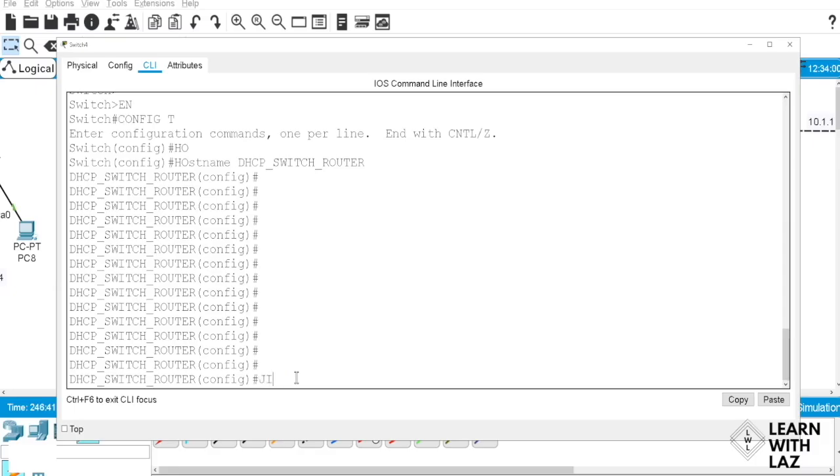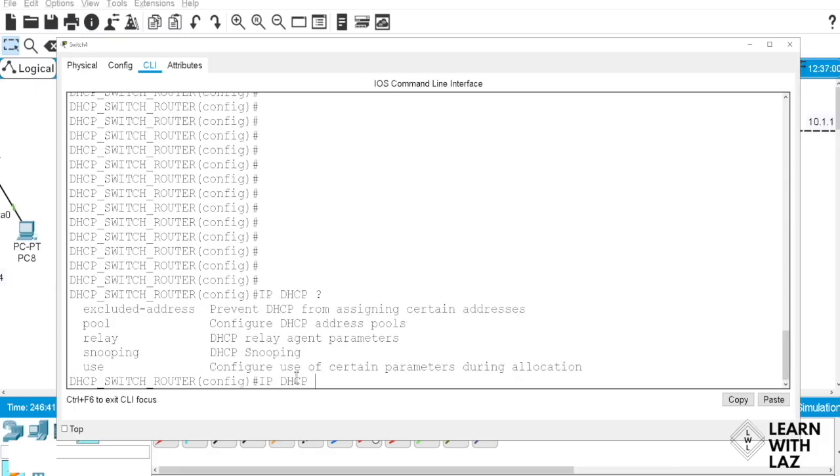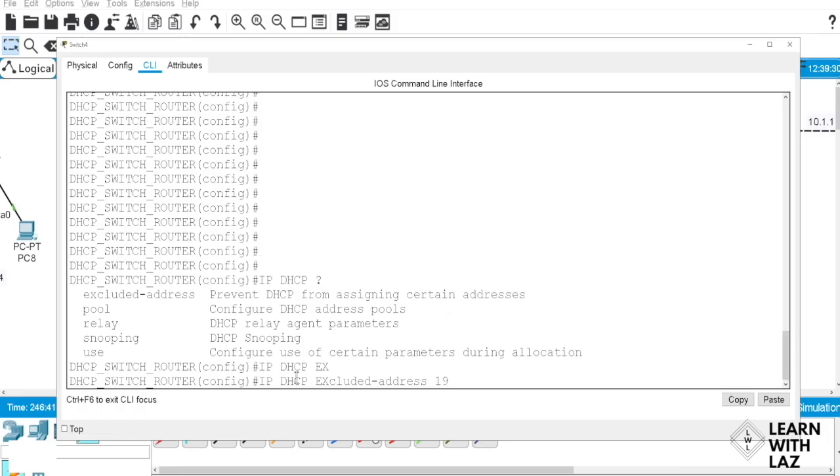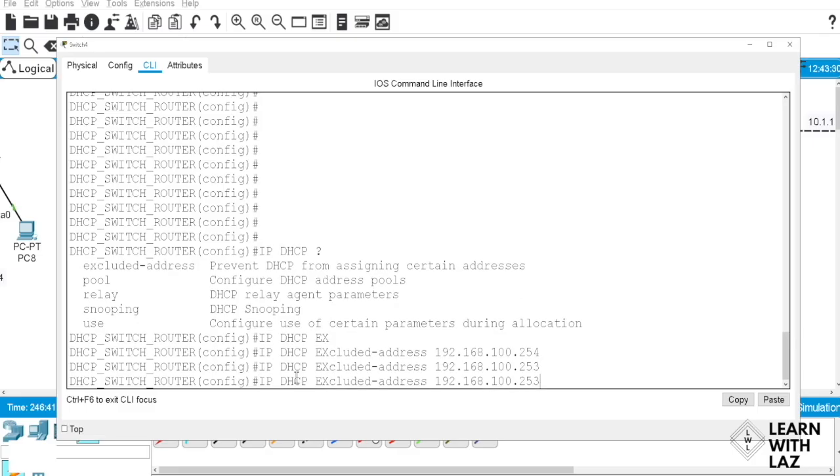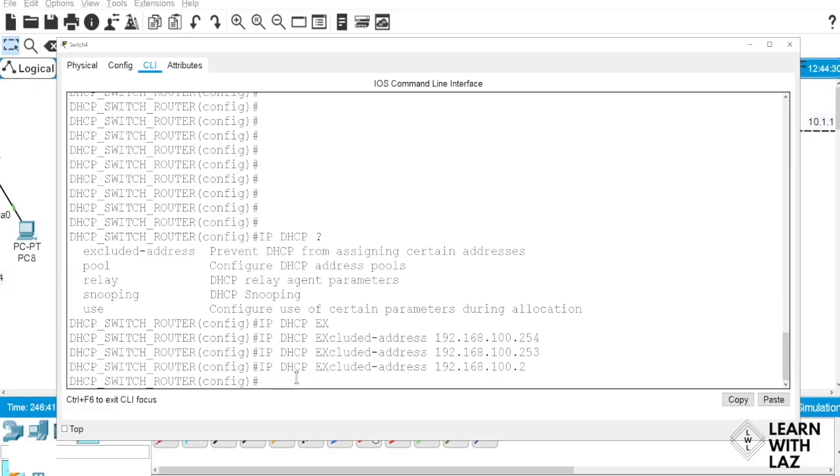So we know we got to do IP DHCP. I'm going to do excluded addresses. We're in the 100 network, so the excluded addresses are going to be 192.168.100.254, the switch address 253, and the DNS address 100.2. Those three addresses, the gateway. Well, no, we don't want that excluded. We want that to be assigned. It's not going to be assigned unless we do a reservation for it, so we're just going to give anything to it.